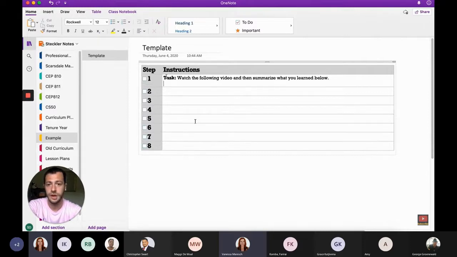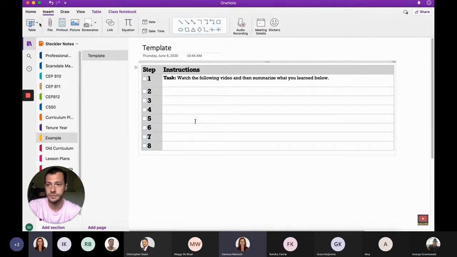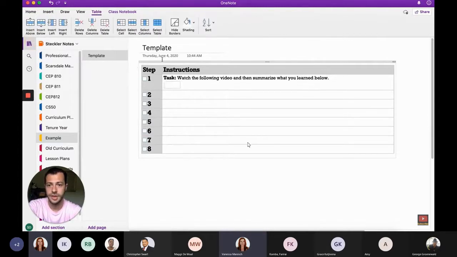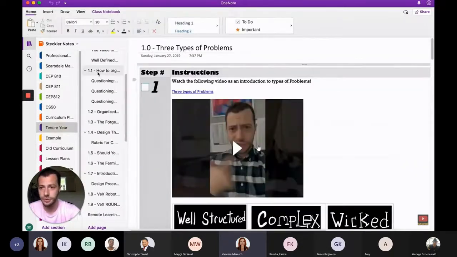So what happens is I like to insert a table inside that table. And then in this table over here, I can insert either a video or I can put some sort of reading for the students to do, which I'll show you guys in 1 second over here. So if I hop over to a lesson like this one over here,